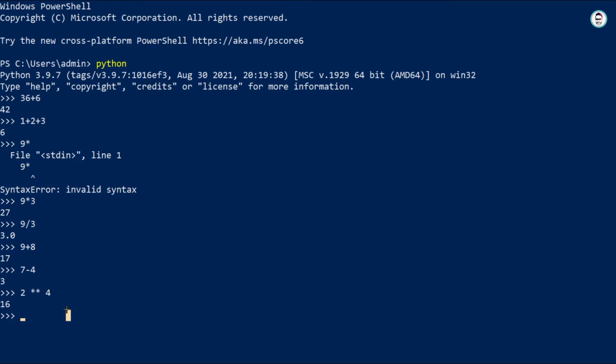Then if you want a square root, you can write double asterisk and then the power in fraction form, so you will get the square root. So these are the basic numbers.